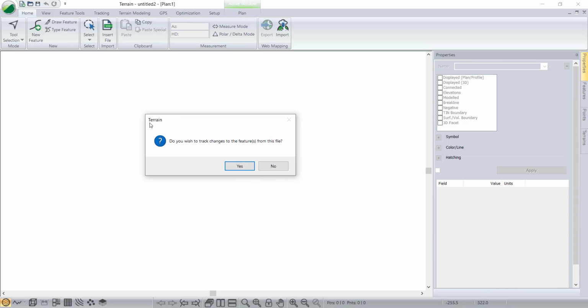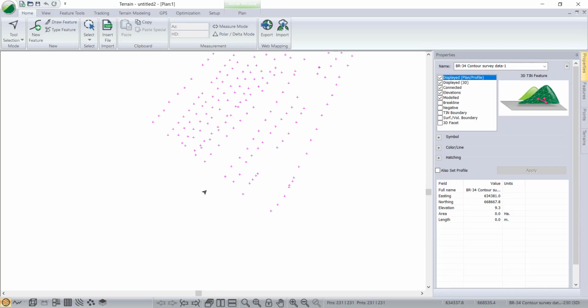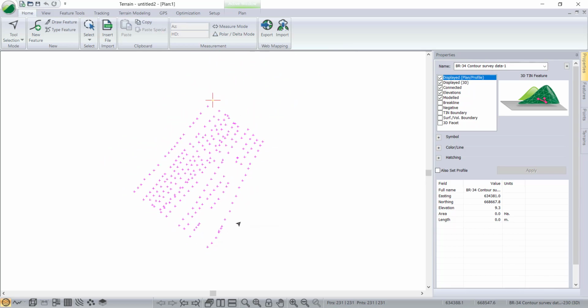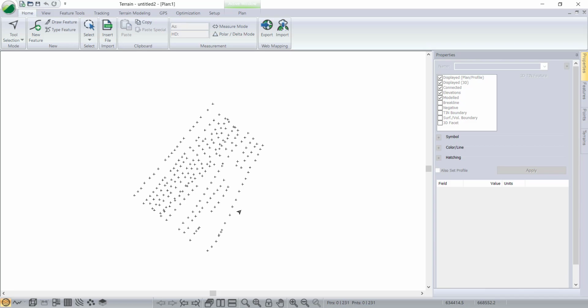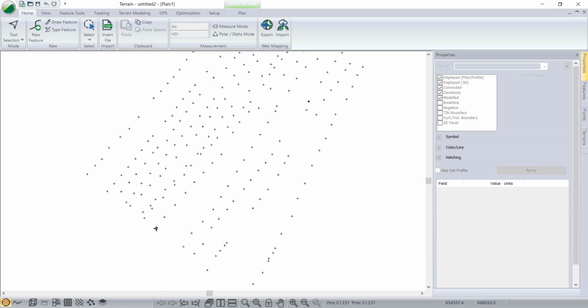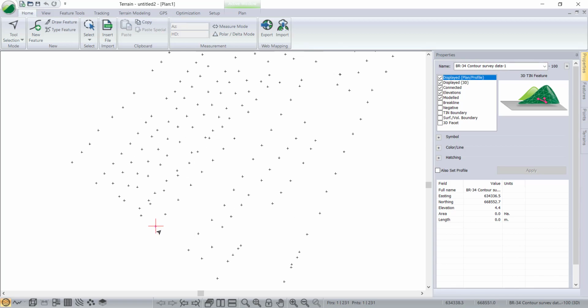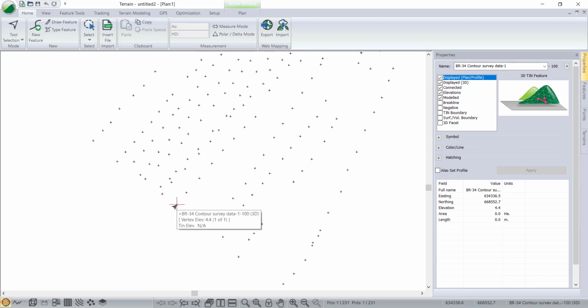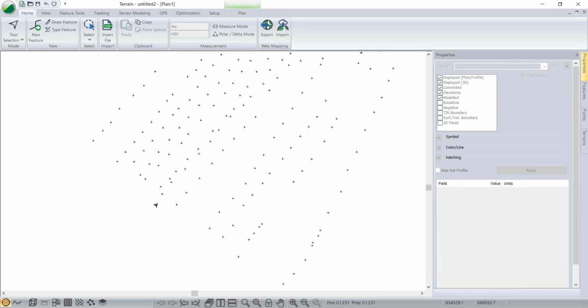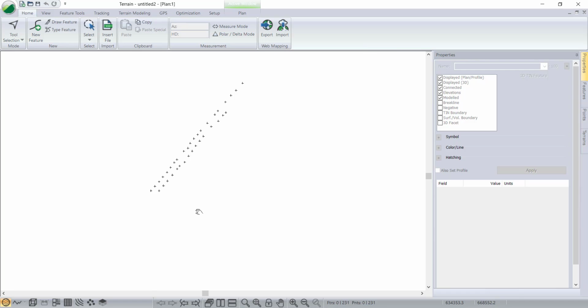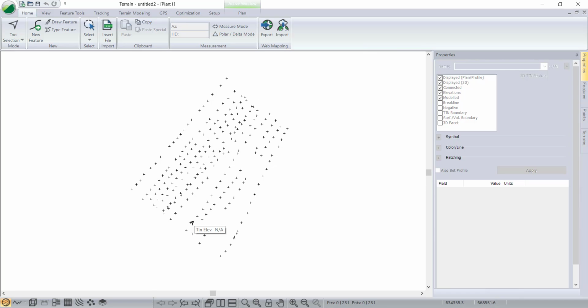Here we have this prompt, this dialog that says, do you wish to track change to the features from this file? So we'll hit yes. And now we can see all our points that have been imported, but they have some changes because they will be tracked. So if I modify these elements in my terrain, for example,